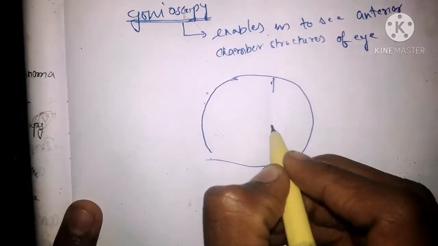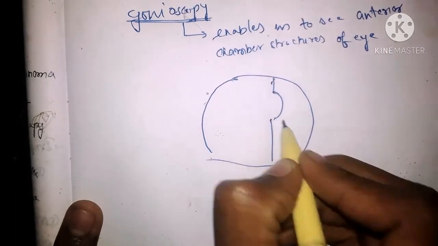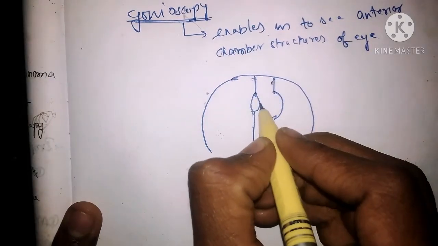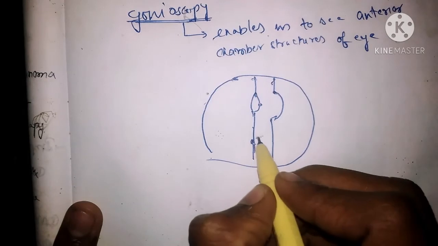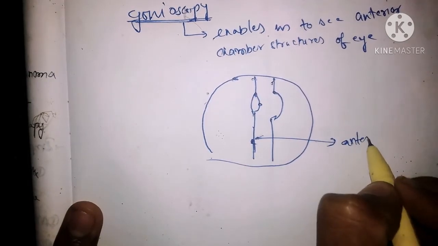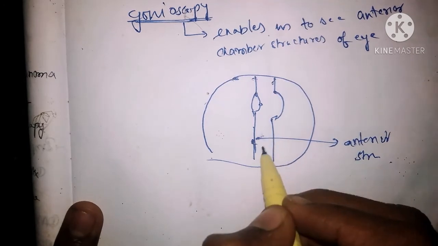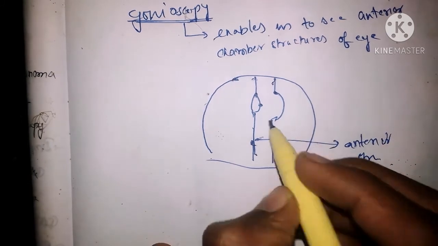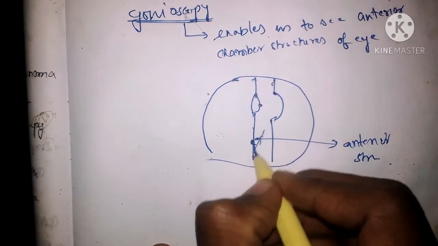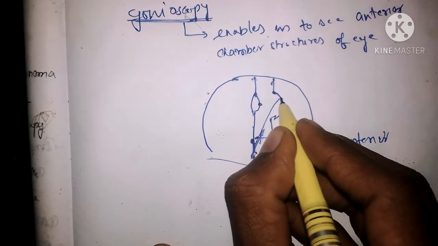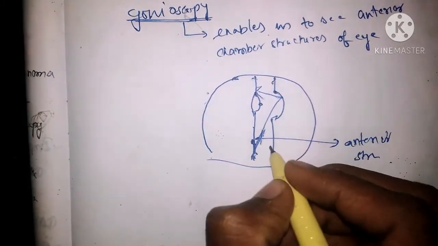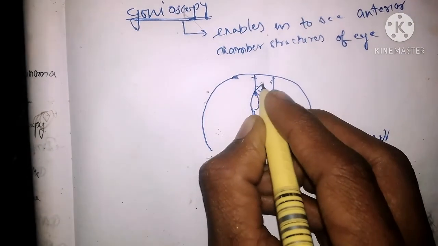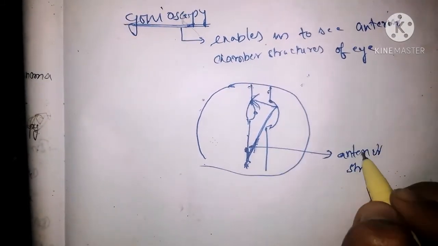So usually, see, this is the eye, right? Here you have the cornea, here we have the lens, here we have the pupil. These anterior structures we cannot see. This anterior structure, trabecular meshwork, all these structures we cannot see because the light ray going from here will get internally reflected. So if we have to see anterior structures, this internal reflection should not happen. Clear? Why are we not seeing anterior structures?